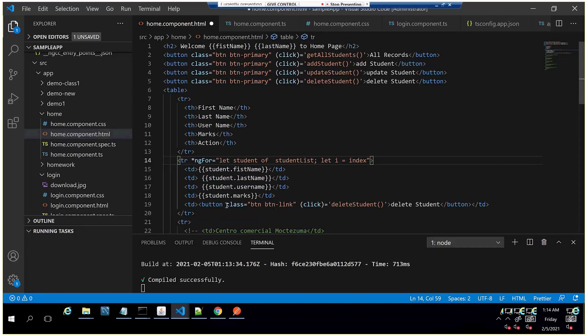Here I have created a button link, and using this logic we get the index, which will be stored in i. So using this i, we can get the index, and the similar index we can pass to this method.